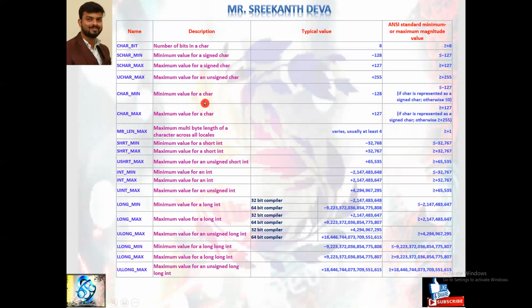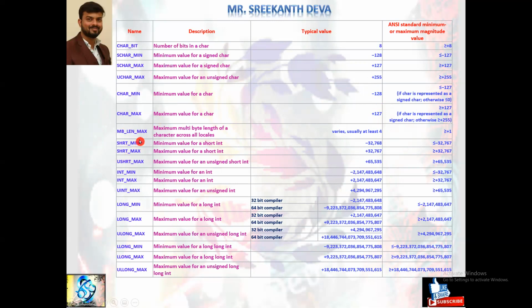CHAR_MIN, minimum value for a char, is similar to signed char, minus 128. CHAR_MAX, maximum value for a char, is similar to signed char, plus 127. CHAR_MAX is similar to SCHAR_MIN, SCHAR_MAX.